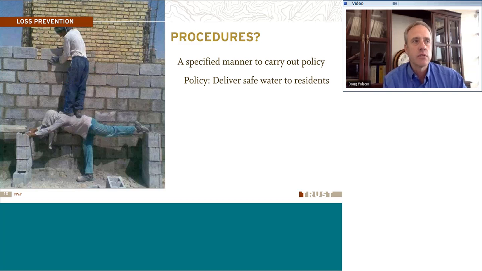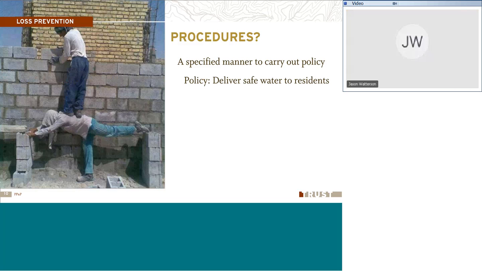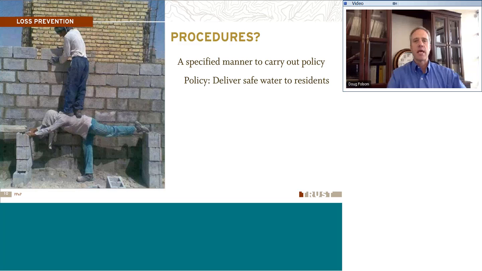For example, if our purpose is to deliver safe water to residents of the city, and that's our mission, our purpose, we have our policy that's written to help us make sure that we're delivering safe water to our residents. But how exactly do we do that? Do we put down in our policy and procedure manual every single little thing that we need to do, from checking valves twice a year, exercising valves, monitoring for leaks and all this other stuff?